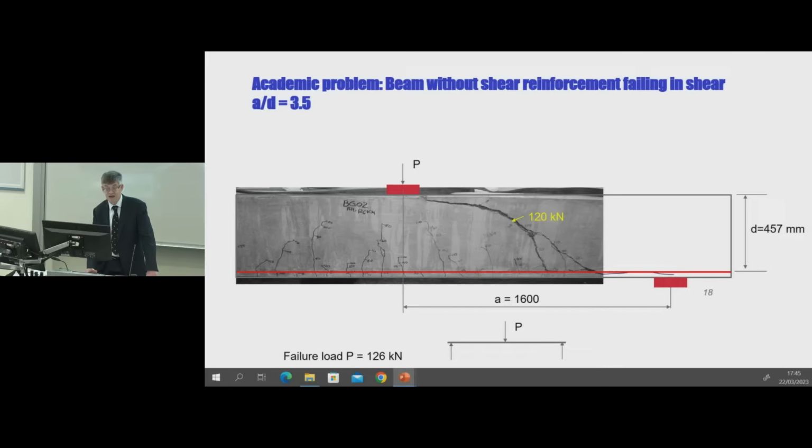Reinforced concrete members can fail in either shear or flexure. Here we have a reinforced concrete beam without shear reinforcement that's failed in shear. We increased the loading on the beam in increments of 10 kilonewtons, marking the cracks as we went. At a load of 120 kilonewtons, all the cracks were small. There were no signs of imminent failure. Yet, as we increased the load from 120 to 130 kilonewtons, the beam suddenly failed with a bang at 126 kilonewtons. This type of failure occurs without warning and should be avoided.